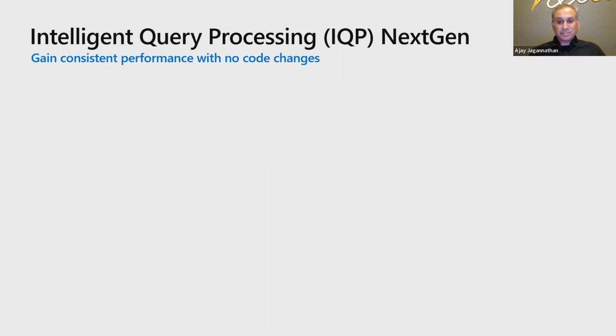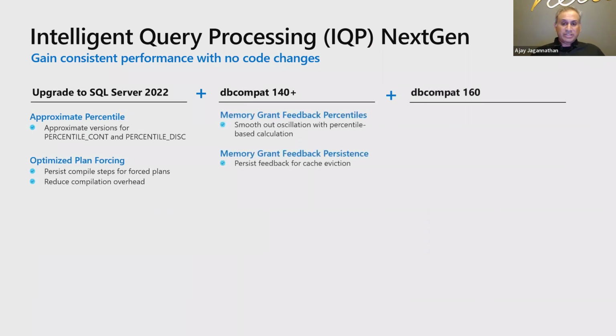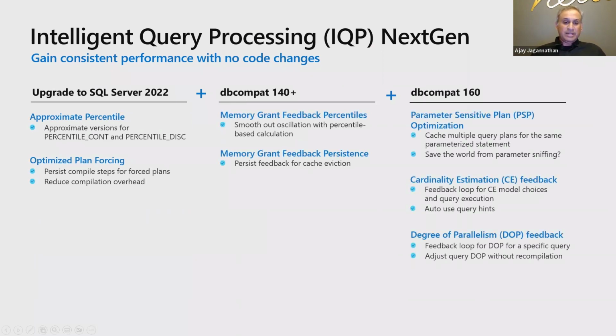As I mentioned, it's called next generation because this is the third version of the IQP family of features since 2017. So what do you get with this? First, when you upgrade to SQL Server 2022, we have introduced a by-default experience for some of the new capabilities, such as approximate percentile. You use approximate queries in scenarios where you're running scans against very large data sets, which are expensive. The approximate version is good enough for analytic scenarios, so that runs extremely fast with very little resources. That's available for you now by default with percentile functions. In the previous release, we used approximate distinct.